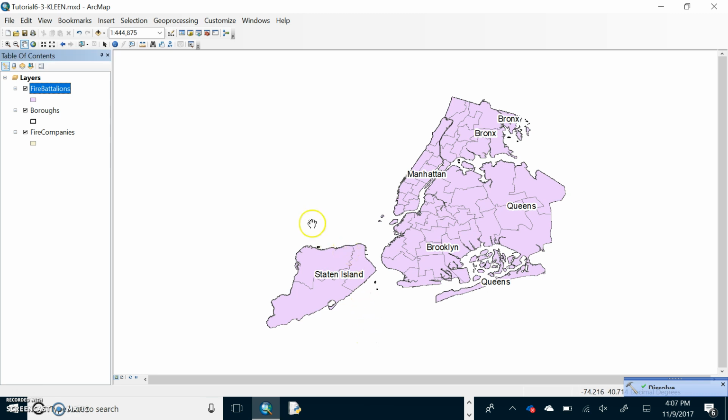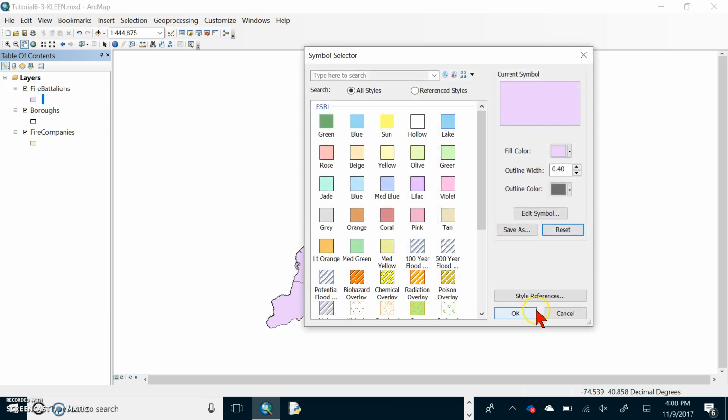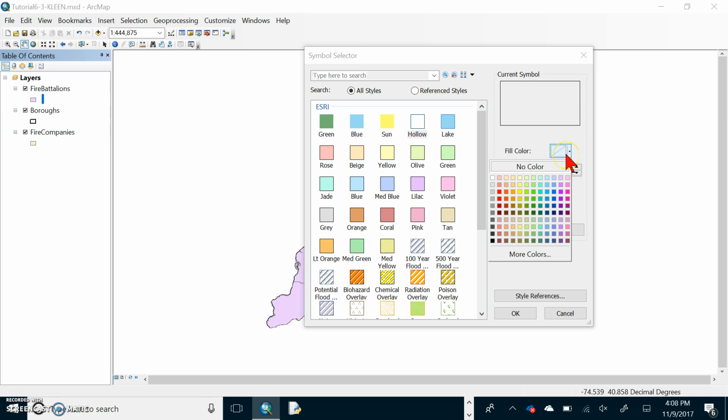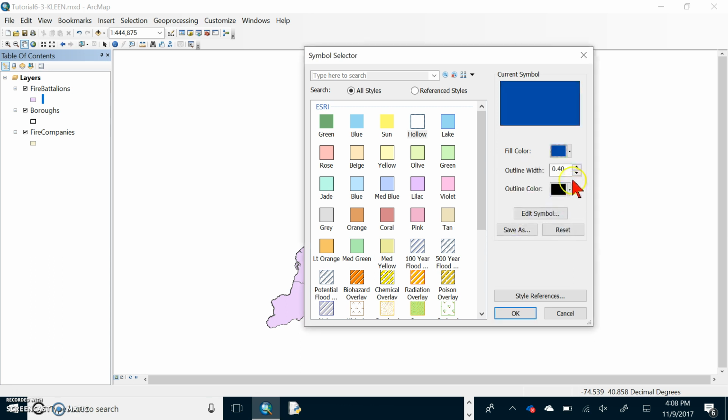Okay, and so now we have this, which has far fewer regions in it because we combined a bunch of those. And we want to take this new layer and have it a hollow fill with an ultra blue outline color and an outline width of 1.15. So let's click on this, and we want hollow, and we want ultra blue. Which one is that? Ultra blue, and we want our outline width to be 1.15,